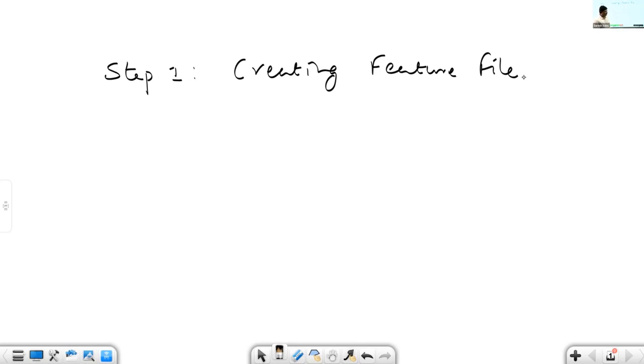Take the notes about it. For every feature to be tested and validated in a project, we create a feature file